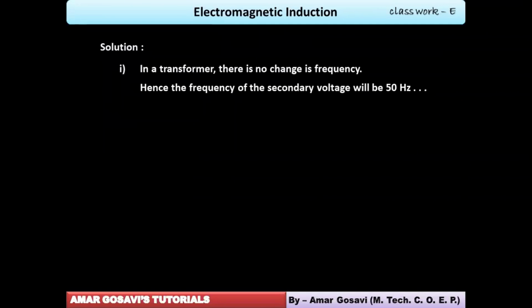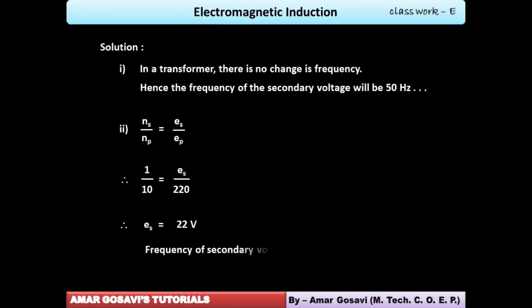So let's proceed then. So we have an equation over here. Basically, remember, throughout India, there will be no change in the frequency because the devices are designed in that manner. Okay, so the frequency of the secondary voltage will also be 50 hertz. Then we know the turns ratio is equal to ES by EP. From this, 1/10 can be equated to ES by EP. EP is 220. So correspondingly, the secondary EMF will be 22 volt. Because it was a step down transformer, you can see 220 volts was being reduced to 22 volt by this transformer. Please make a note of it.